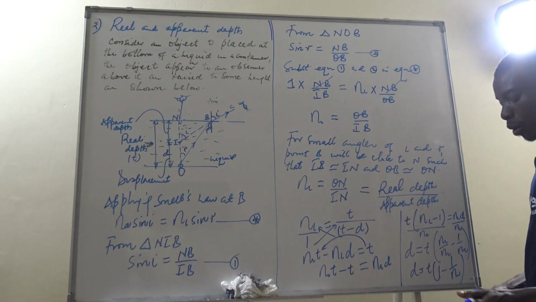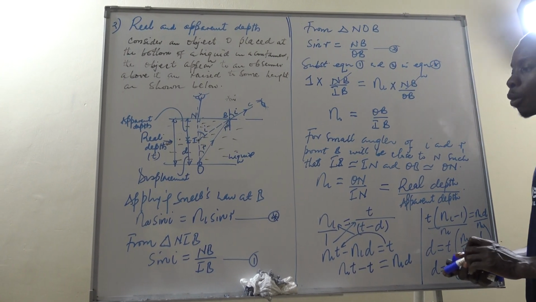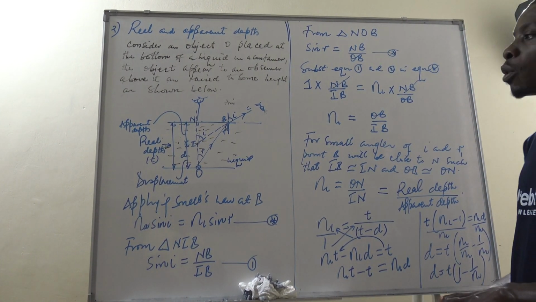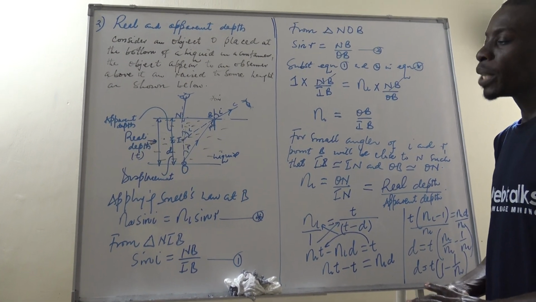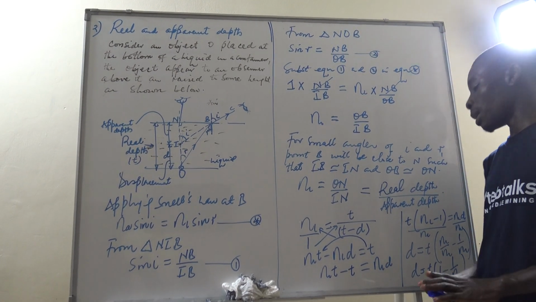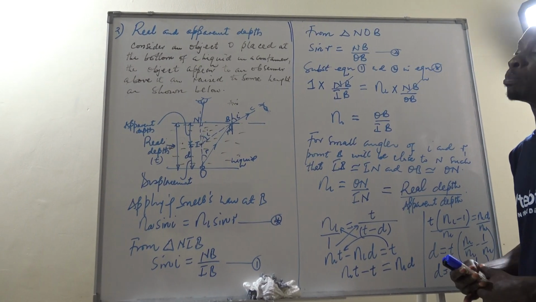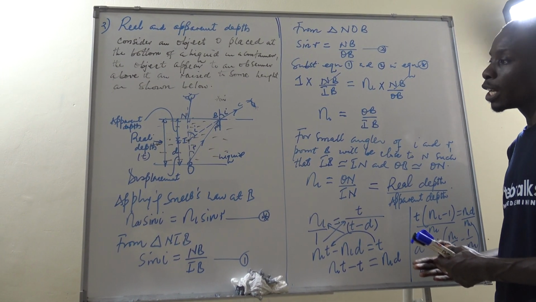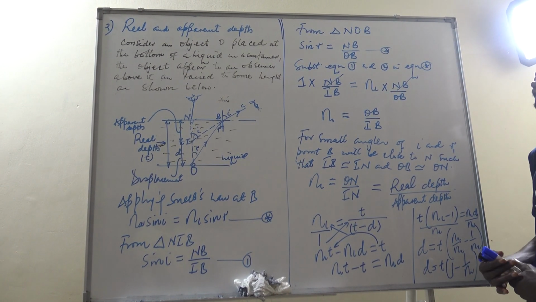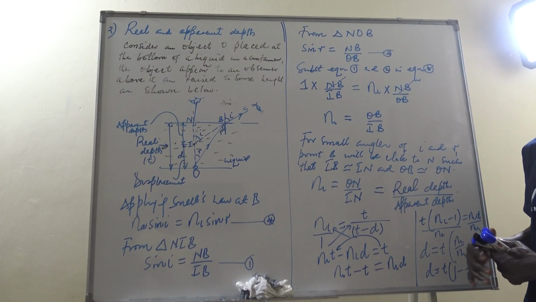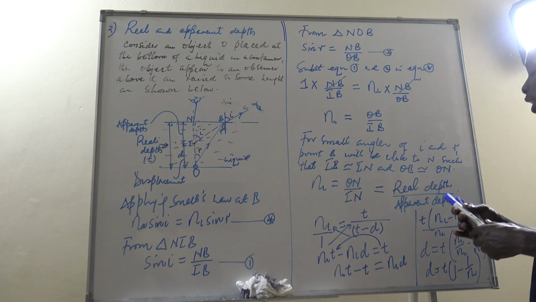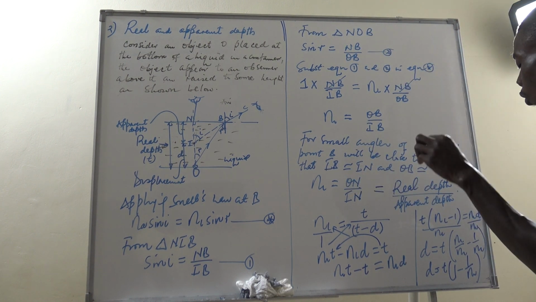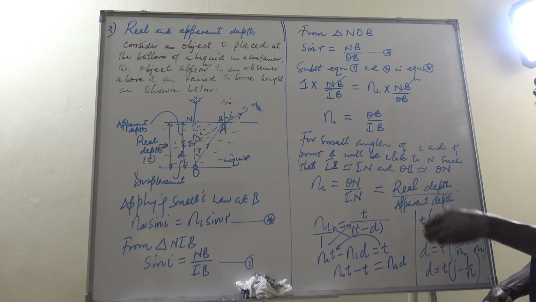So this is now the expression for displacement. When they give you the depth of the liquid and its refractive index, and then they ask you by how much will an object placed at the bottom of such a liquid of a given depth be displaced, we can calculate it from here. And I'm very happy to tell you that this very same formula can even work when we are not only looking at an object placed at the bottom of a liquid, but as well if we get an object and we put a glass block on it. What is very true is that it will also appear